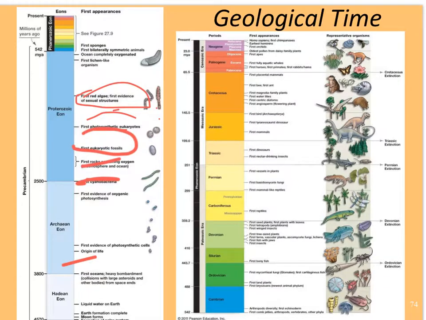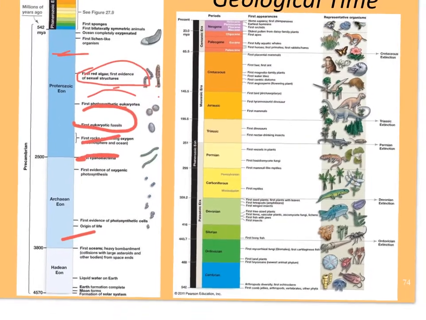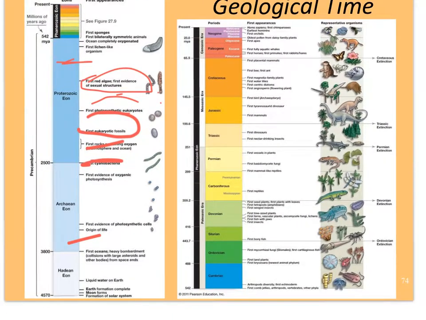Also, the amount of oxygen went up, and even the ocean was oxygenated. And so the first signs of animal life are these little sponges that they found. Actually, they found them all the way back almost 750 million years ago. Then there was an explosion of life of multicellular animals. And if we actually look at this, all these different kinds of taxa, including jellyfish, other sponges, cnidarians, sea anemones,